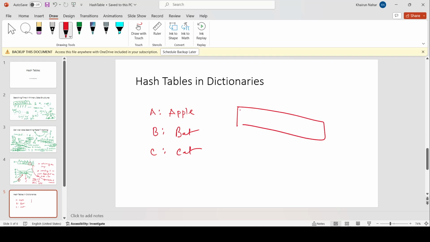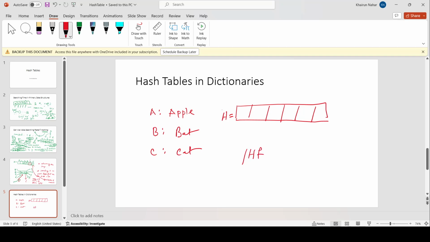Similarly, we have an array. So we have a hash table. Let's call it a hash table now, okay? Hash table is nothing but an array. So we have a hash function. We will input the keys